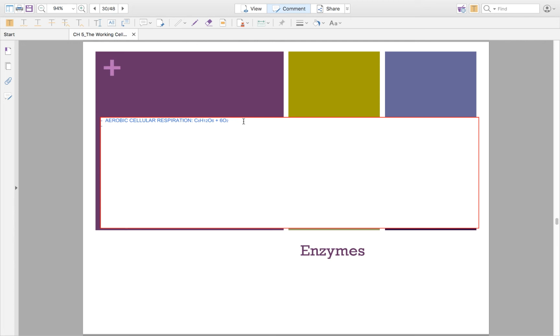Those are the reactants, and that is something you're going to have to identify, and you do have to know this equation. You should memorize this equation for the rest of this class. We're going to work with it again and again. All right, so we have 1 glucose plus 6 oxygen, and what do we get? We get approximately 36